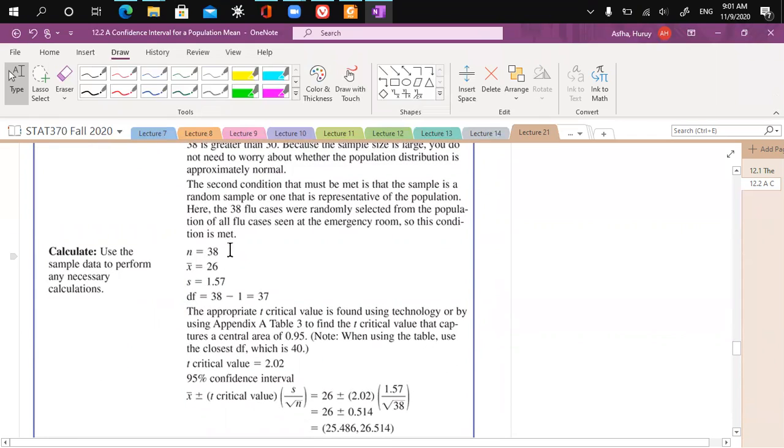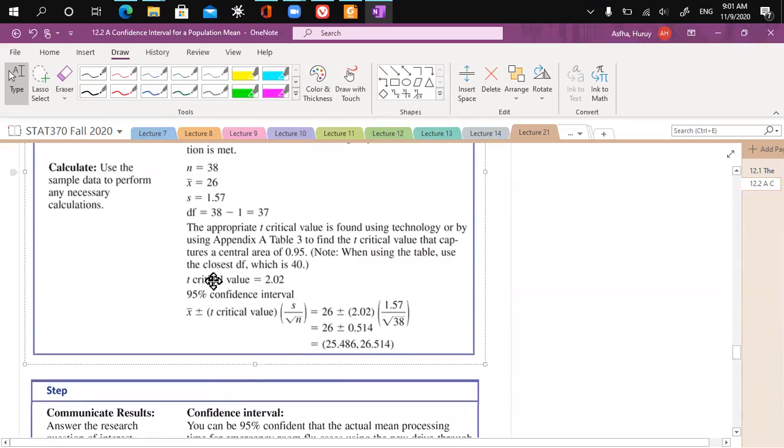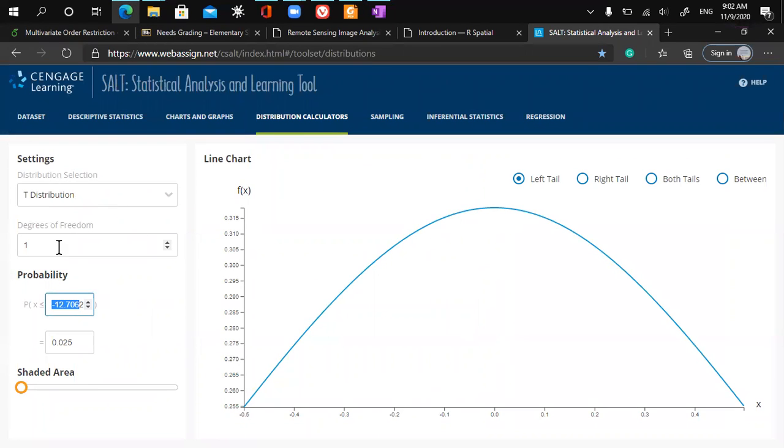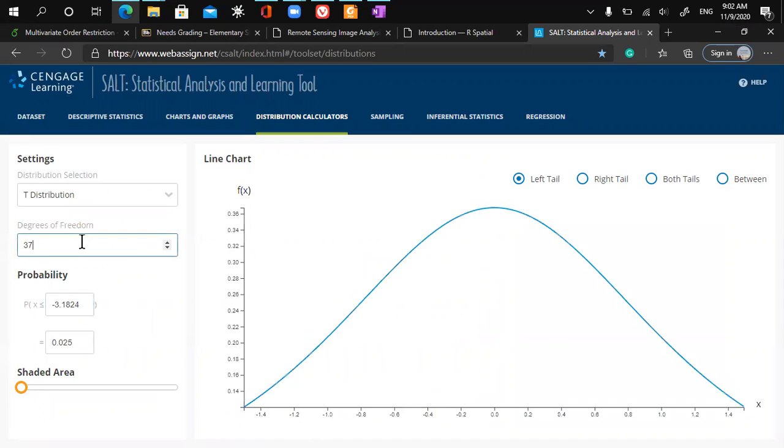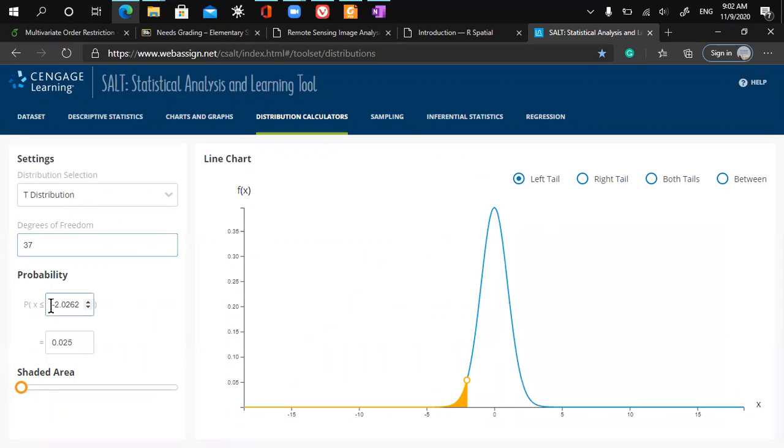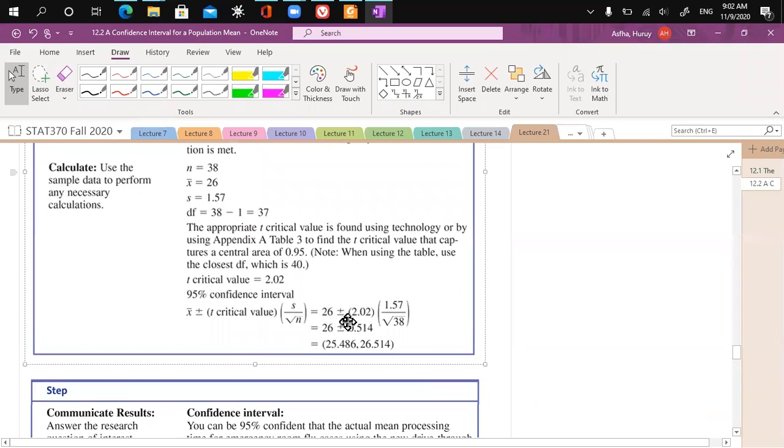Now we have n to be 38, x bar is 26, s is 1.57, degrees of freedom 38 minus 1, which is 37. So for the approximate t critical value, let's go and find it ourselves. So this will be 37, and the critical value is 2.0262. So you can ignore the negative, or you can change this to the right just to take the positive value. Just for simplicity, you don't need the negative, because the reason is,